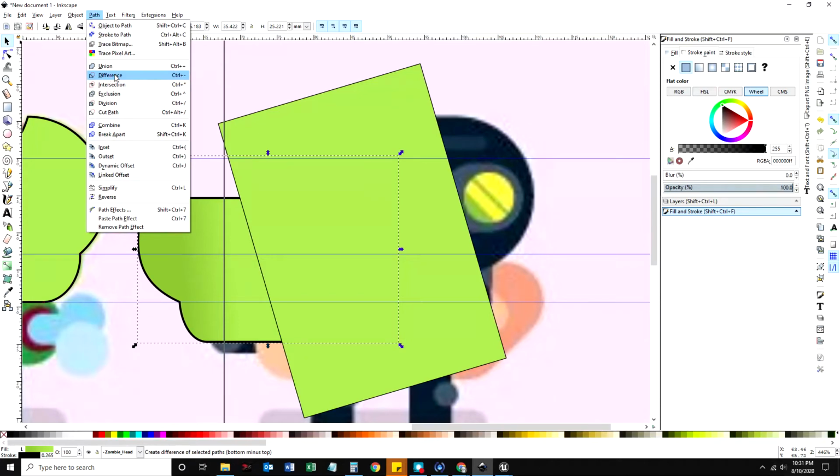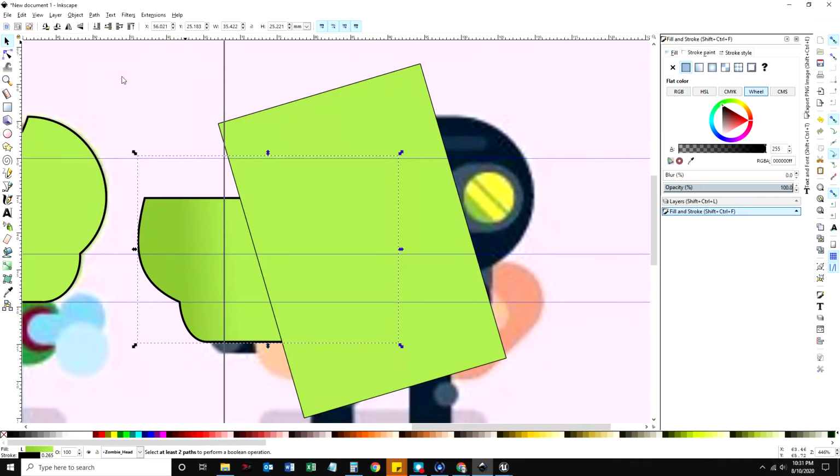I might need to, every software is different. I think I need to actually click both of them, but I'm not sure. Let me do difference and then click that. Okay, so what I need to do is first click my object, now shift click the second object, and now